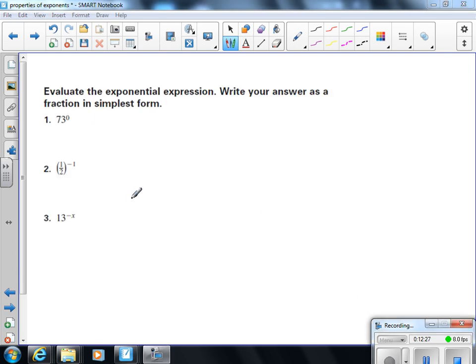Okay, let's try these examples. If I have 73 to the 0 power, what does that equal? 1. We're simplifying and it's 1. If I have 1/2 to the negative first power, what's that mean? When you have a negative power, what does it mean? It goes under. 1 over 1/2 to the first power. What is 1 over 1/2? Never have a fraction down here. Never have a fraction on the denominator. Equals,